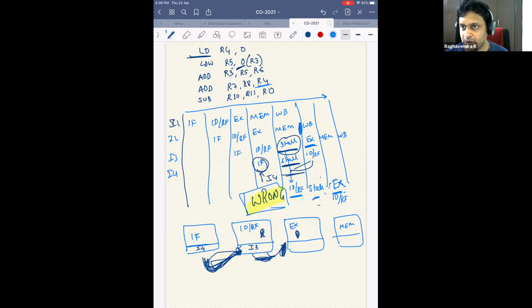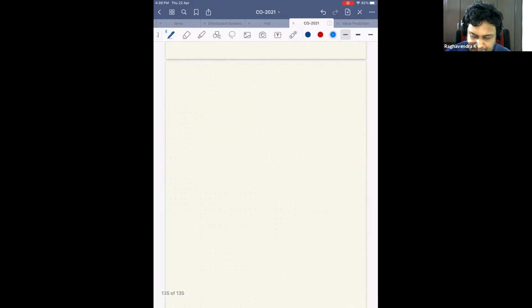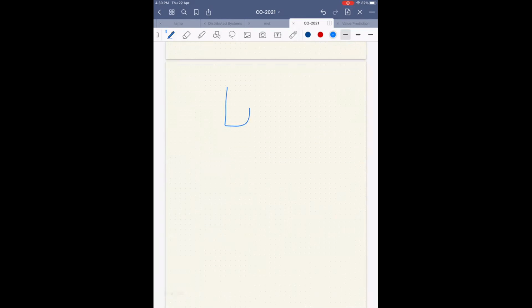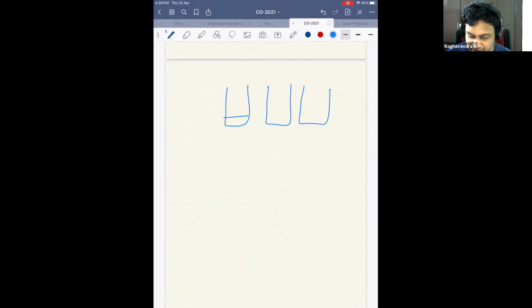There's something called Tomasulo's algorithm, where you are fetching not just one instruction, but 4 or 5 instructions, and they have their own register file, and there are queues where they keep waiting. Generally you have a certain number of queues. Let's not worry about what those queues are, but you keep instructions in these queues, and all these queues are writing and reading from something called a bus.